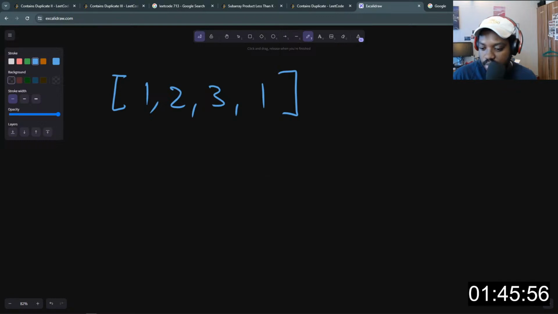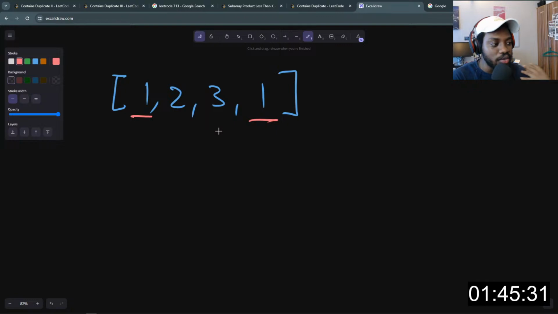So 1 2 3 1, and here is what we need to do. We want to verify if any integer in this array appears at least twice. We can see it with our own eyes that we have one here, and we also have one here, which is really good. So we know there's a duplicate.